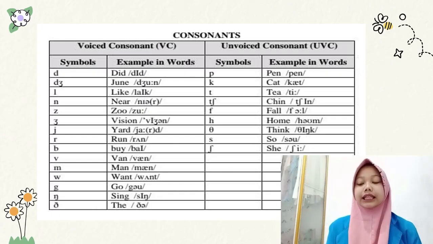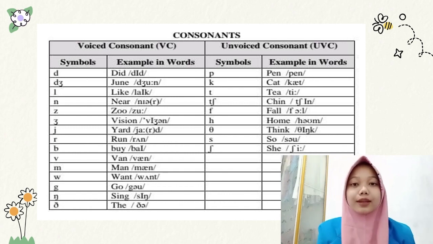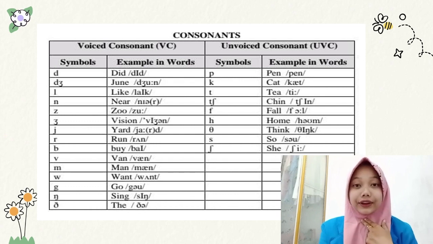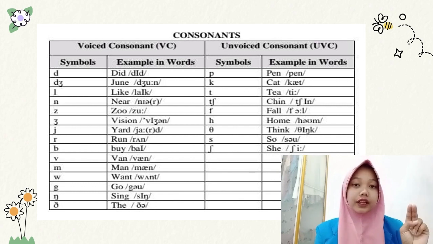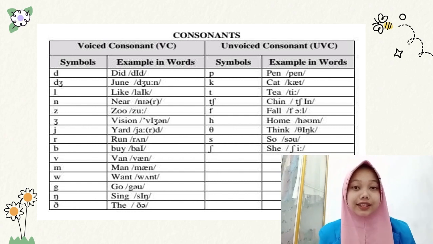The first material is consonant. An easy way to determine whether a consonant is voiced or unvoiced is to place a finger on your throat. As you pronounce a letter, feel the vibration of your vocal cords. If you feel a vibration, the consonant is voiced one. In the consonant, there are two types of consonant. For the first is voiced consonant and the second is unvoiced consonant. Number one is voiced consonant, which have